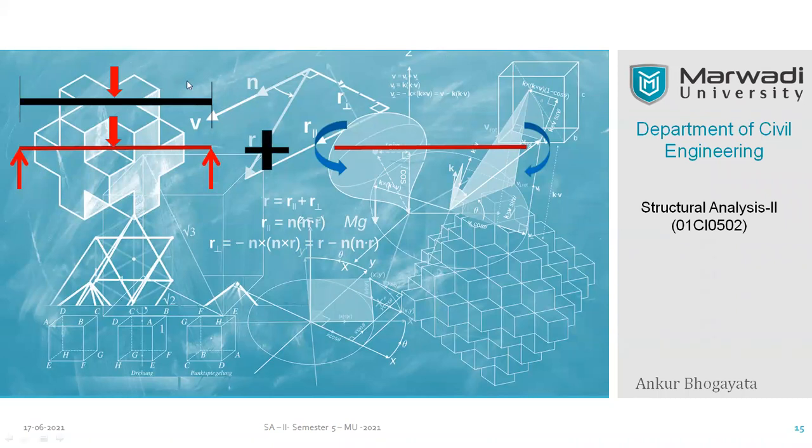This is figure number one. This is figure number two, and this is figure number three, for example. So if I club them together, I can achieve my original structure. So you can see that what I have done, I have segregated vertical reaction and moment. So I have separated them. So now for me, life has become very simple. I can analyze this happily for the bending moment diagram.